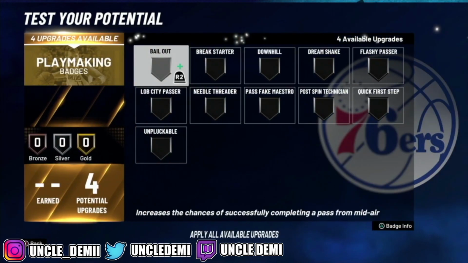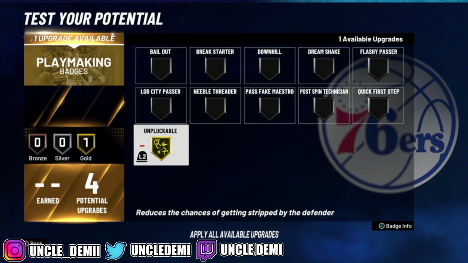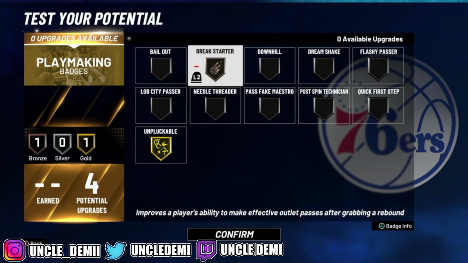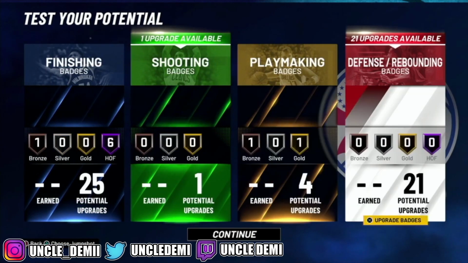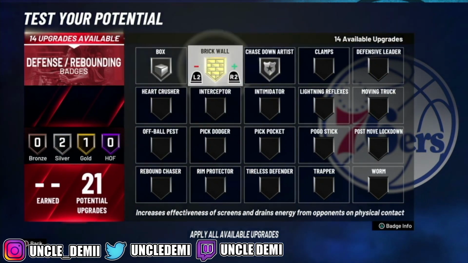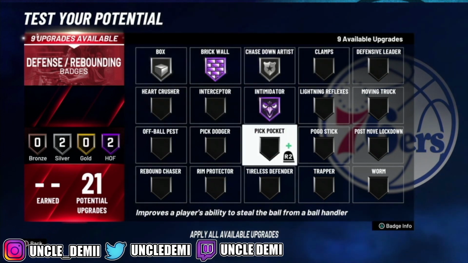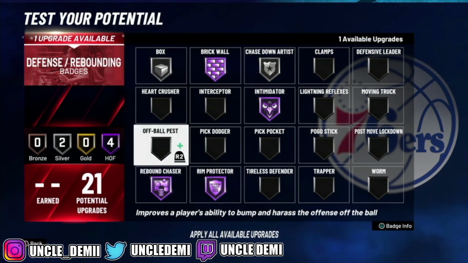And then here, what you wanna do, again, I will go just straight unpluckable with this, right? Go unpluckable with this and then hit break starter, all right? That's what I would go here. And then here, of course, you wanna get boxed out on silver, you wanna get chased out on silver, you wanna get brick wall, you wanna get intimidator, you wanna get rim protector, rebound chaser, and then that last badge,